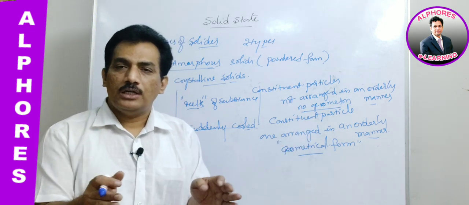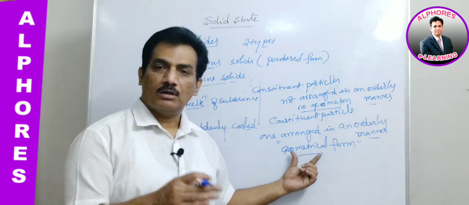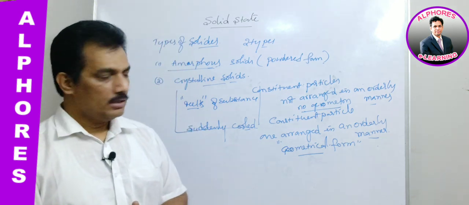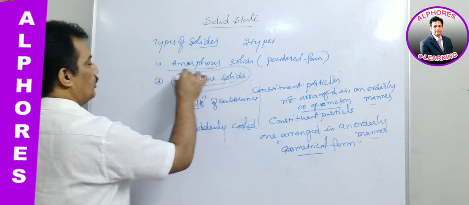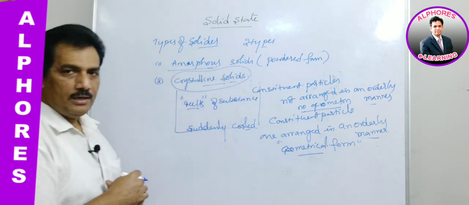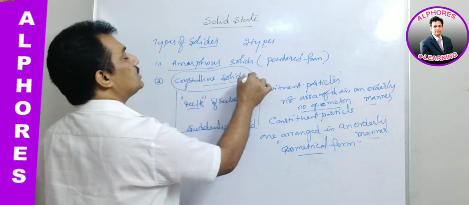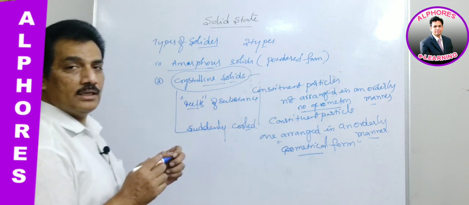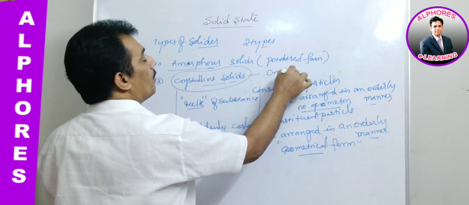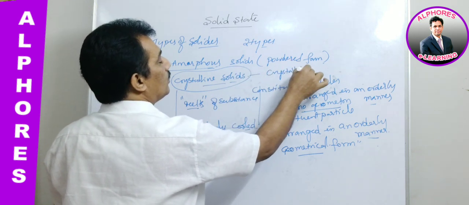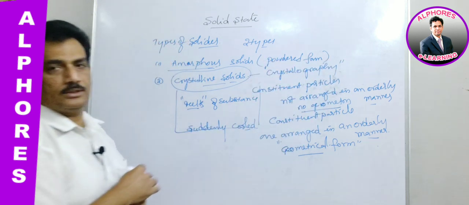Their position, their orientation is in a systematic procedure, and thereby they are giving some sort of geometry to the crystal. Clear? And now in solid state, we are going to study about these crystal solids. You remember, our study includes the study of crystal solids. And now the study of crystal solids is known as crystallography. You remember, crystallography is nothing but the study of crystal solids.